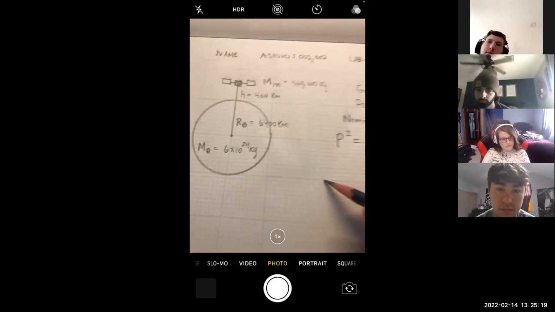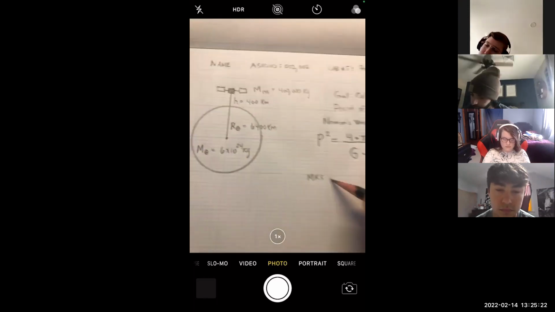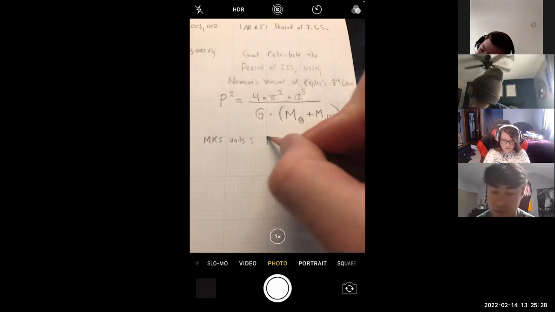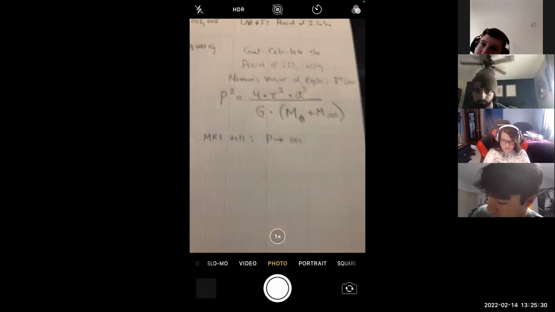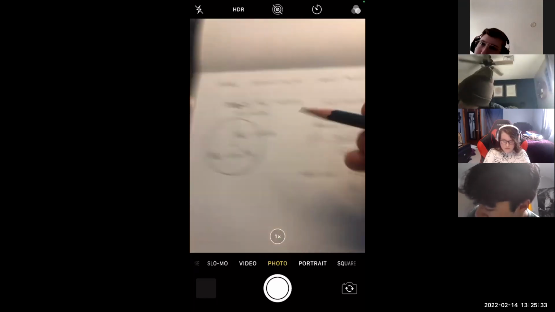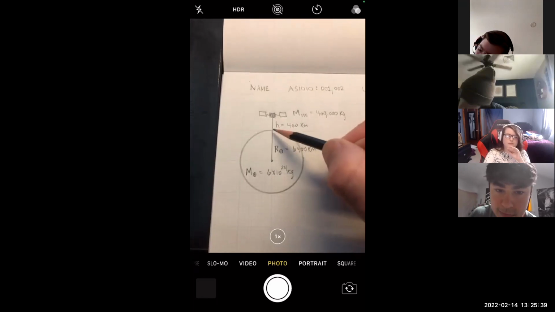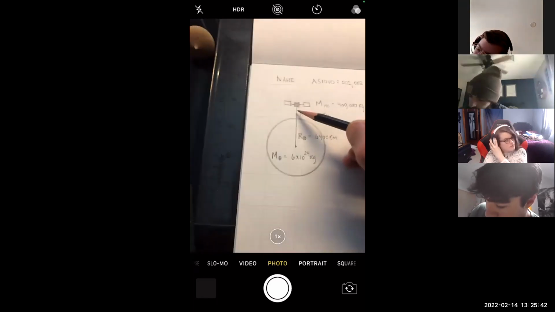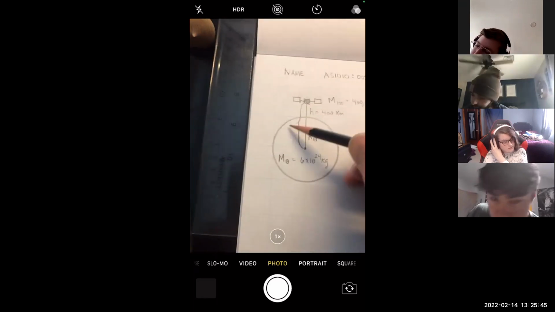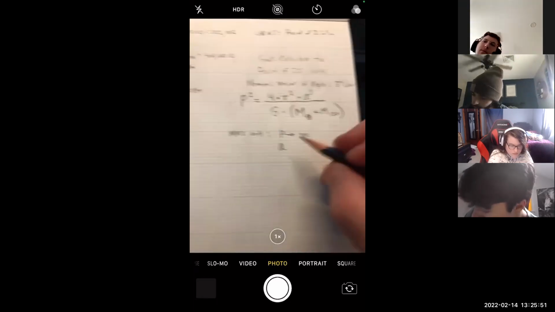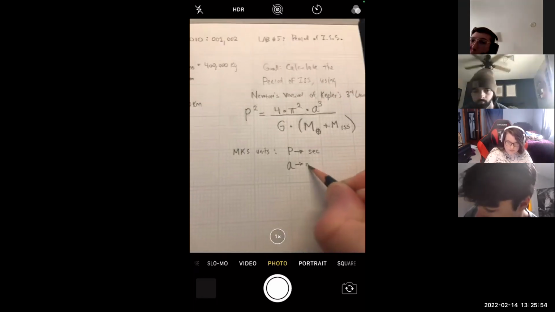So here's what I want us to do. By the way, all of this formula requires MKS units, which means P, the period, will be in seconds. A is the center to center distance. I want you guys to watch this trick. Here, the distance between the objects is h, but the distance A, label this, is the center to center distance from satellite to the center of Earth. A must be in meters,